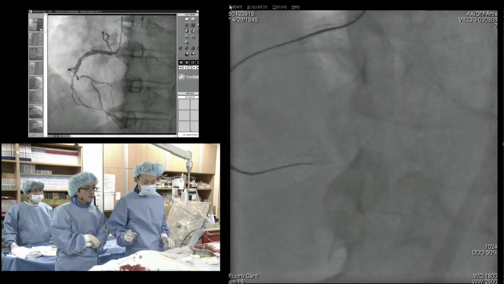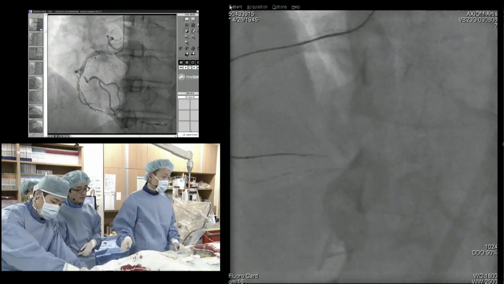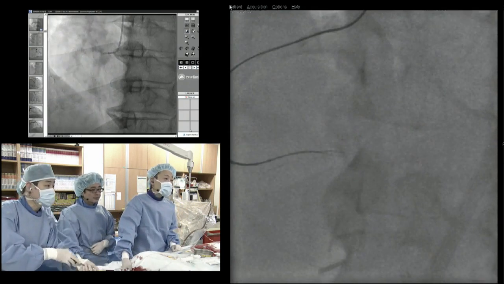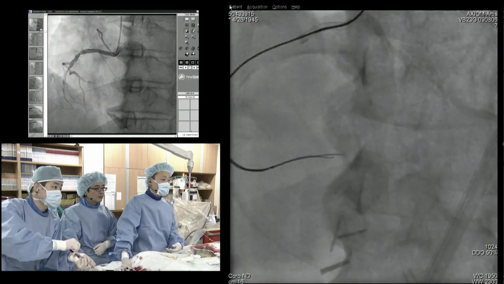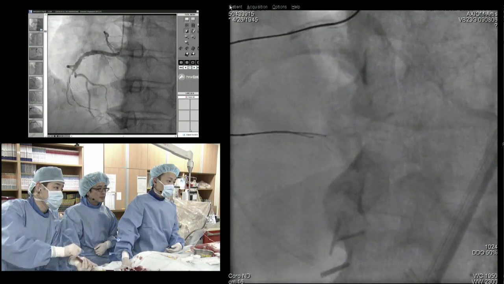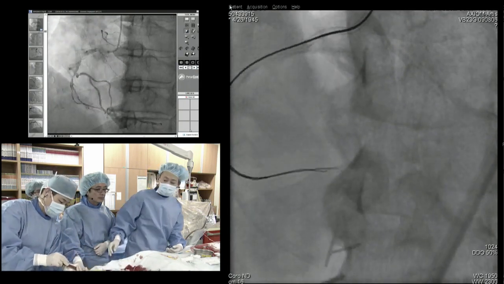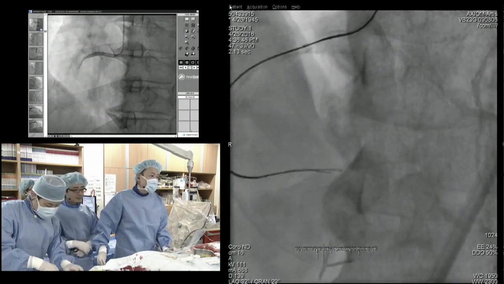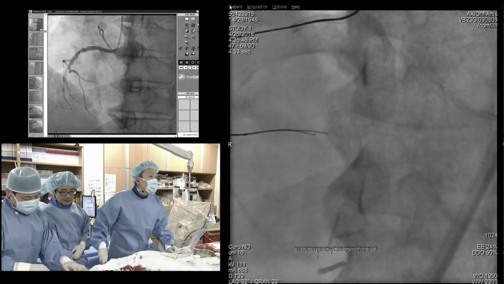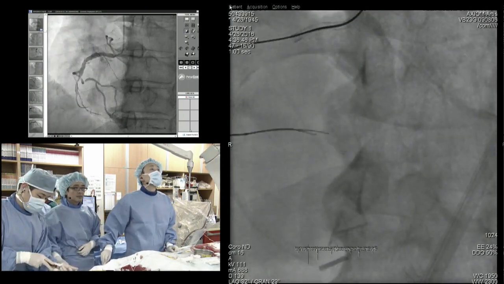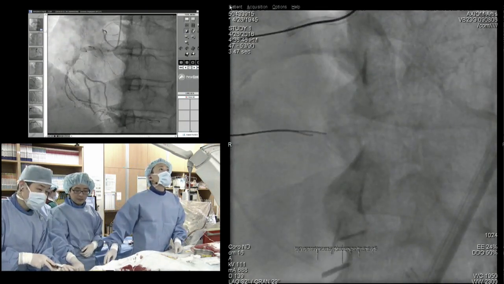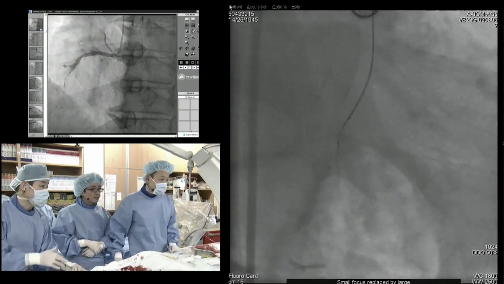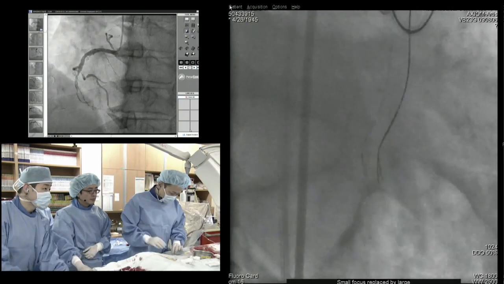Okay, let's check. If in the sub transfers, we should move to the retrograde approach. So retro, please. Okay, are you ready? Okay. Then